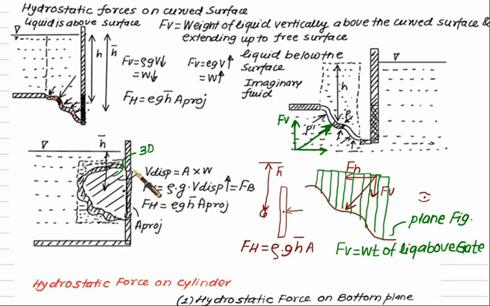In that case, we have to apply the buoyancy principle, and this time the vertical force will be the same as the buoyancy force, which is rho multiplied by g multiplied by volume displaced. So you have to calculate how much volume is displaced. Whatever the volume displaced is, you have to multiply by rho and g. That is the vertical force, the buoyancy force. So this is the difference between two-dimensional and three-dimensional.